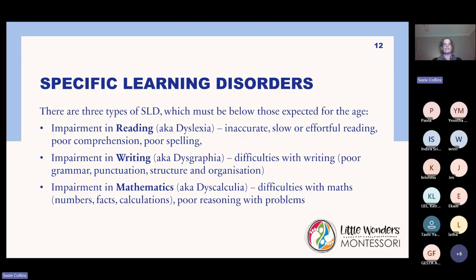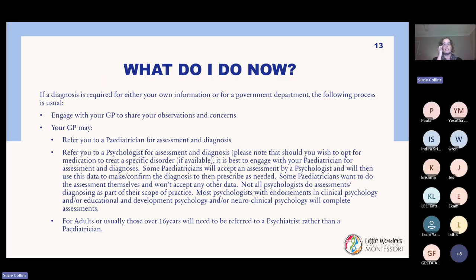So if we have a child who may be presenting with some of these concerns, what do we do now? What's the next step? From a learning perspective, as educators within a system, it might be about raising some of these concerns with the parents to let them know what's going on, so that they can go about having their child assessed to see whether or not they do actually meet one of those criteria, or perhaps they don't, and it is just developmental delays, or just that they haven't reached that level yet.